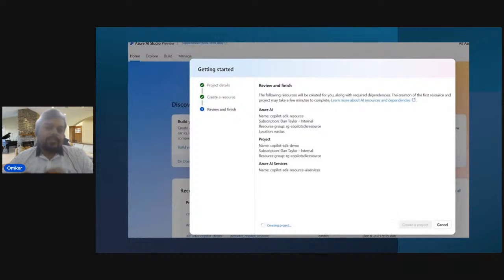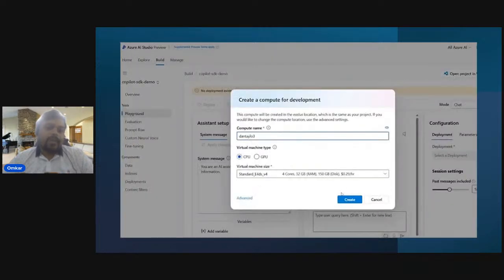These are the very basic steps we need to do: create a project and create a resource group. A resource group is something within Azure where all your resources that are part of this project, which are getting created, will fall under the resource group you create. You click on create a project, it creates the project in the background, and then you have the project ready. In the studio UI, you will clearly see an option which is playground, where you can